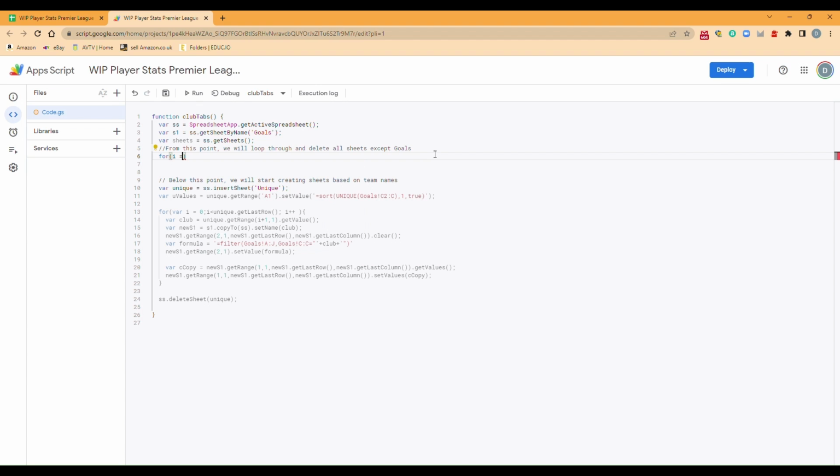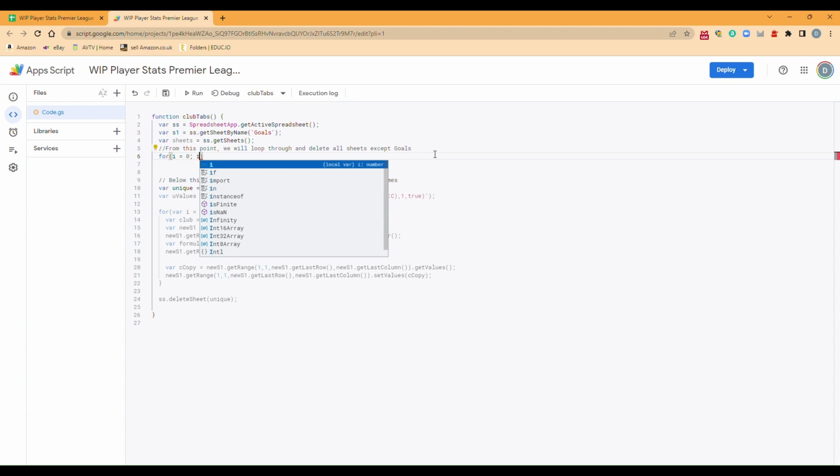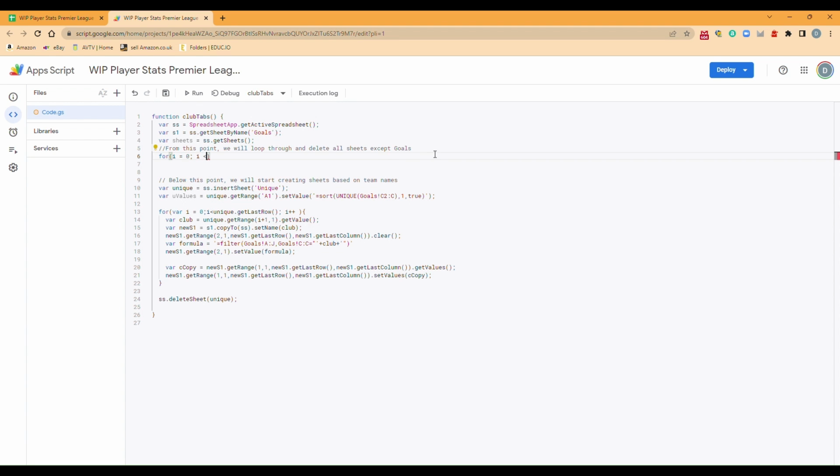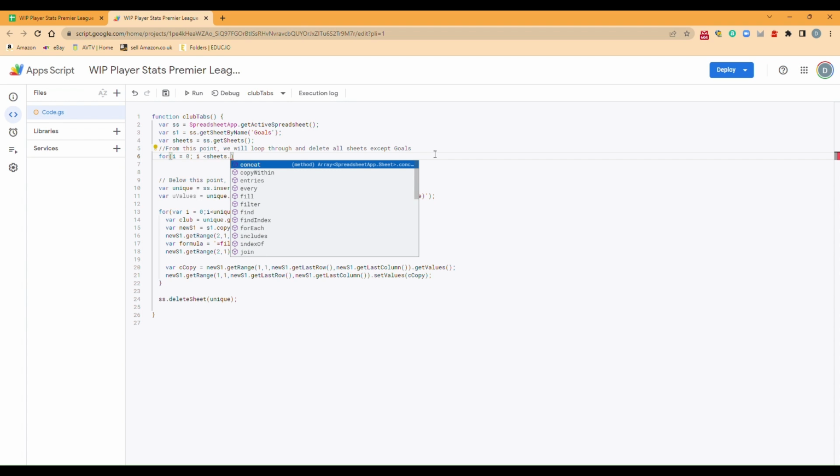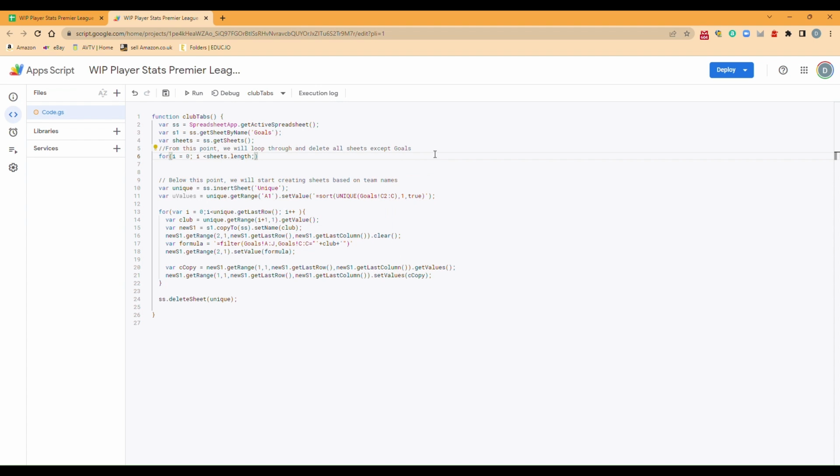So we're going to go for I equals 0, so we're going to start at the first sheet in a list, and then I is less than sheets, so we're calling that sheets now, dot length, and then I plus plus,